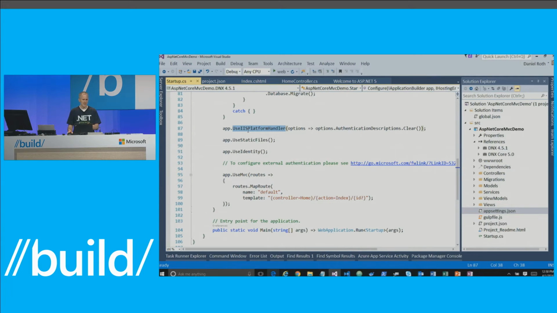Okay, moving down, we have some integration with IIS. Now you don't have to run in IIS. All the stuff that you see that's IIS specific in the app is totally benign if you happen to not be running in an IIS environment. Like if you're running on a Mac, this code still runs. Setting up static file support, setting up identity,